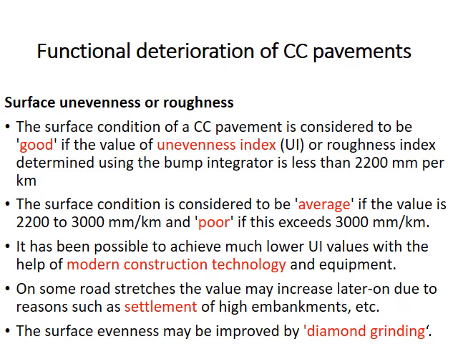To obtain a very even pavement surface, you can use modern construction equipment. With that you will obtain a pavement surface which is even or uniform. The unevenness index may increase due to settlement of pavement layers or embankments, and also evenness can be improved by diamond grinding, or grinding of the pavement surface, which can improve the unevenness index.